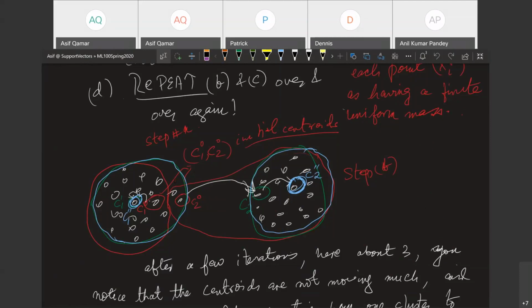What you do is basic optimizations, like if you have to do k equal to 2 clustering, you'll take a random point and then you'll take the next point to be as far away from it as possible, and then do the clustering. And even then, if you suspect you might have been stuck with unstable solutions, you do the clustering again and again for the same k equal to 2 and find which clustering gave you the lowest WSS metric and pick that clustering.